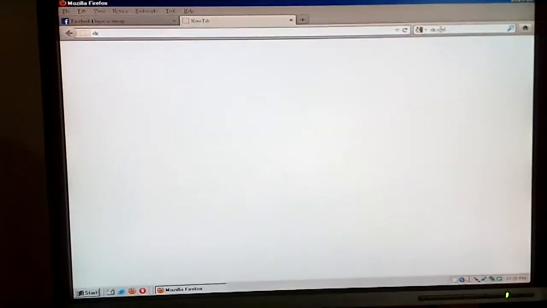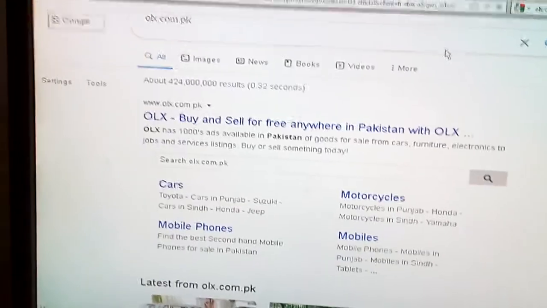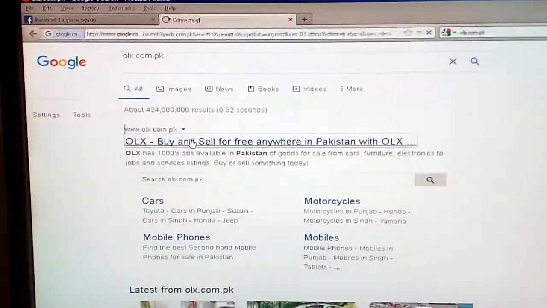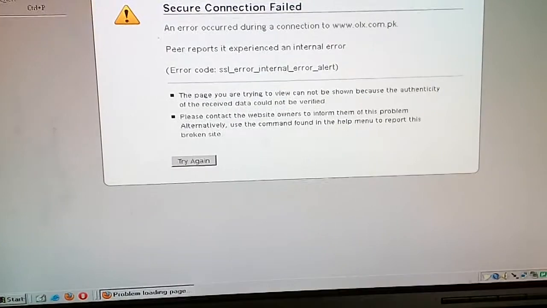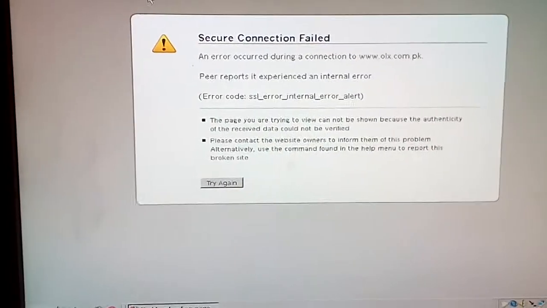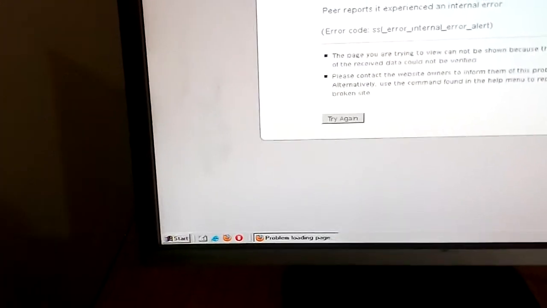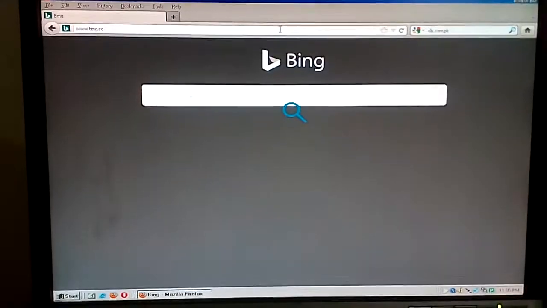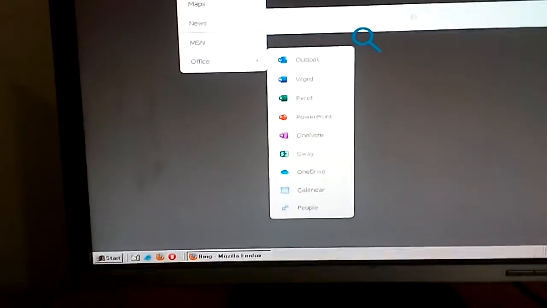and it is advisable that you use Google for typing. Here I am typing olx.com.pk in the Google tab of Firefox, so it will search this and you can go to the OLX website. Sometimes, maybe because of a memory problem, you may face problems while browsing, but most websites will work and others won't work. Still, at least you can browse Facebook, and you may check your email on this as well